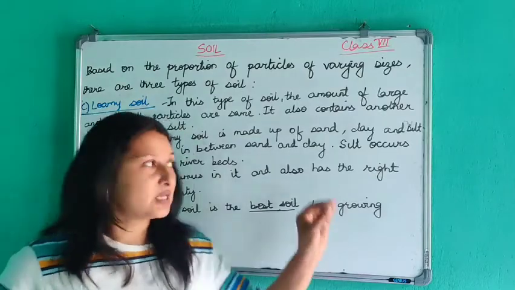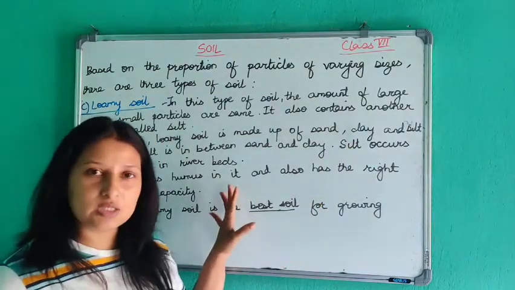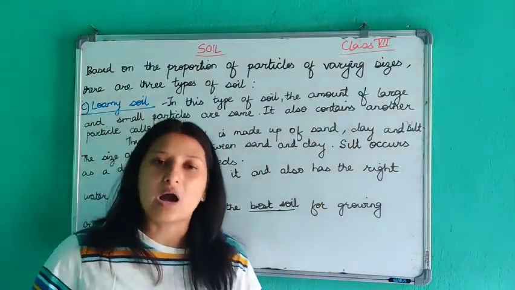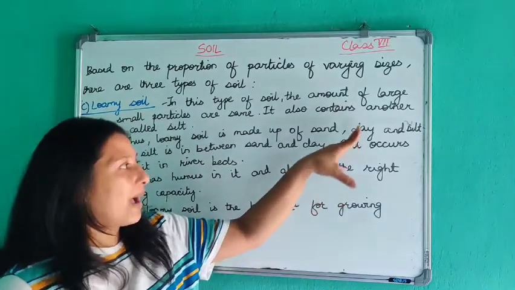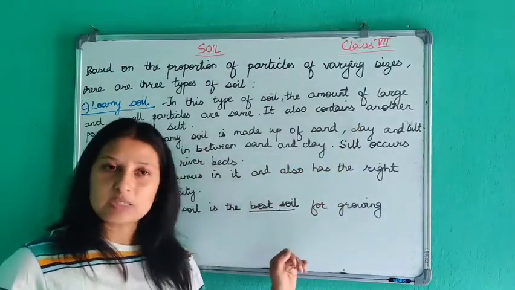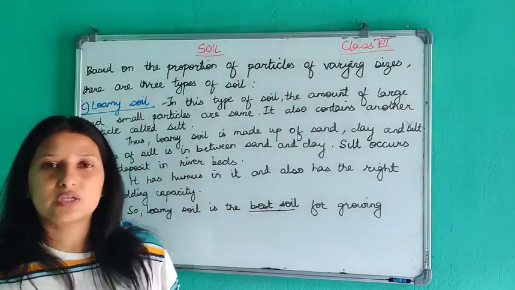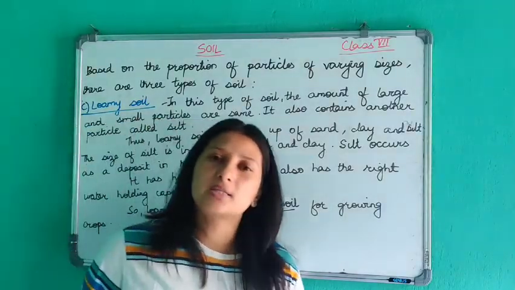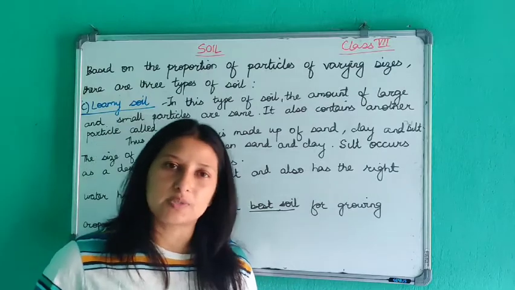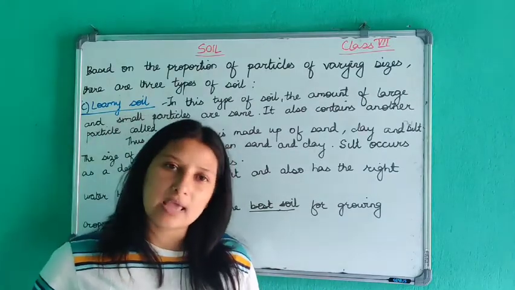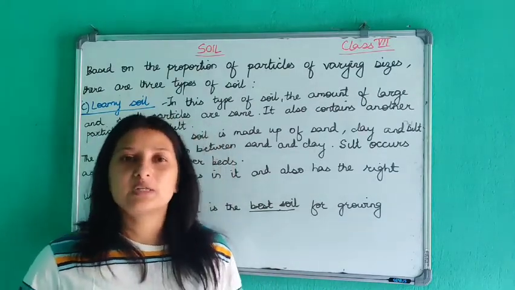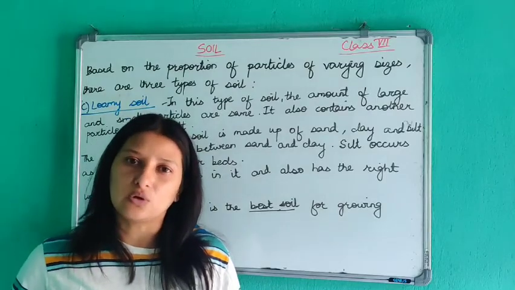Okay, so loamy soil मा चाहिँ सबै हुन्छ. Sand पनि हुन्छ, clay पनि, silt पनि हुन्छ, humus पनि हुन्छ. Sand भएको कारणले गर्दा हावा मजाले बस्छ. Clay भएको कारणले गर्दा पानी पनि ठिक्क बस्छ. अनि silt ले गर्दा fertile पनि बनाउँछ, plus humus पनि छ. So this is the best soil for growing crops. With this, we've come to the end of today's class. Tomorrow we'll study about the properties of soil.